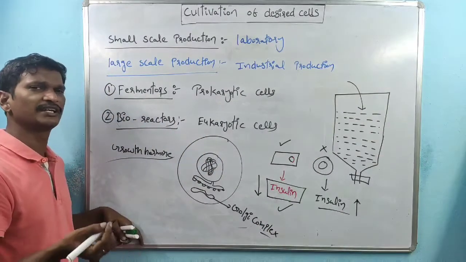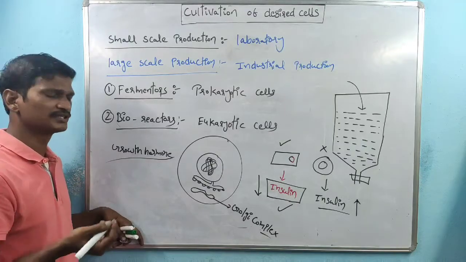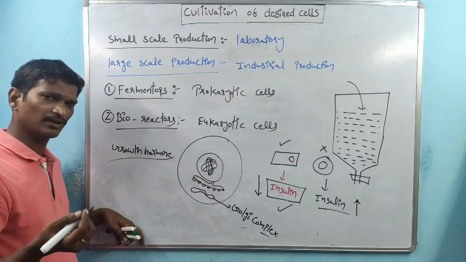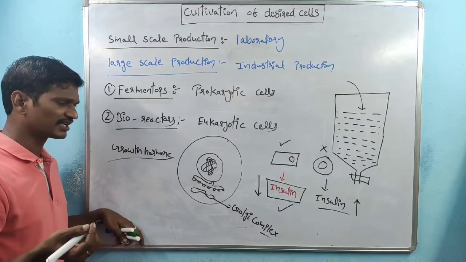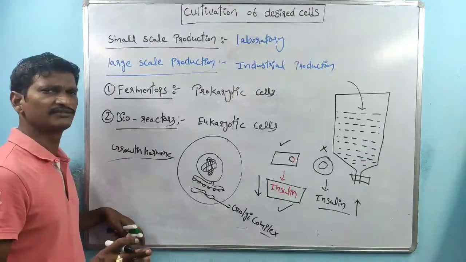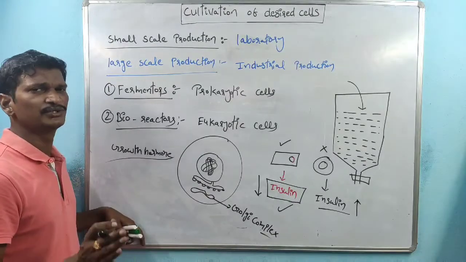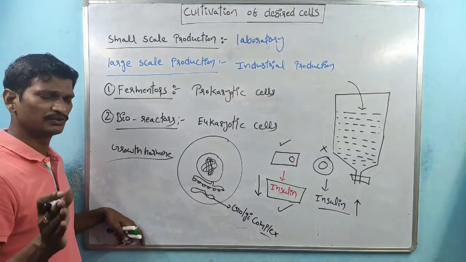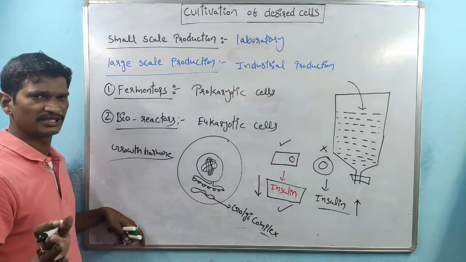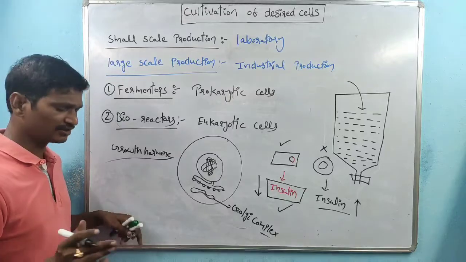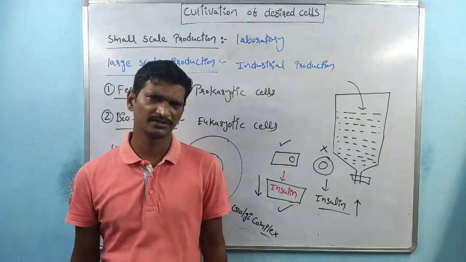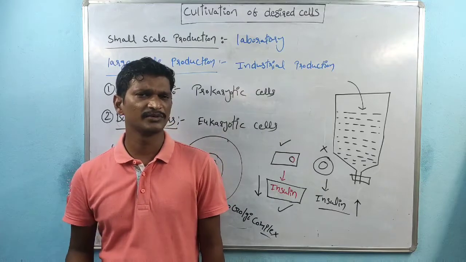We studied glycoprotein synthesis and glycolipid synthesis in first year. So some of the proteins, hormones, or products which require post-translational modifications are definitely cultivated only by eukaryotic cells. In prokaryotic cells, these products are not produced, because the Golgi complex is absent. The endoplasmic reticulum is also absent.